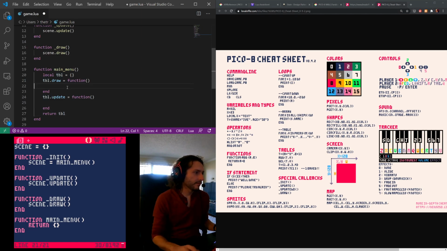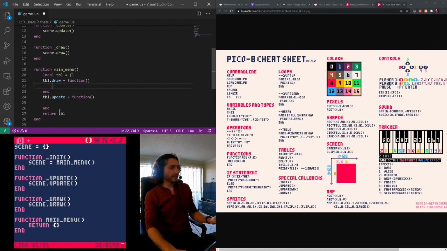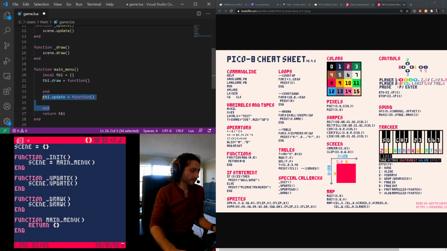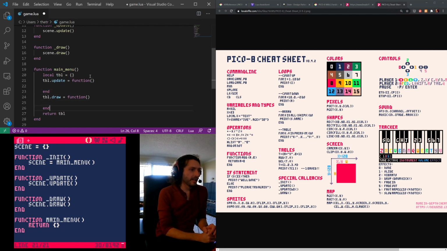We should probably swap the update and the draw. Imagine we're going to have a hit a button to start type of thing going on here. Probably draw something in the background. I don't know, you can figure that out. But we're definitely going to have some text. So I'm thinking,